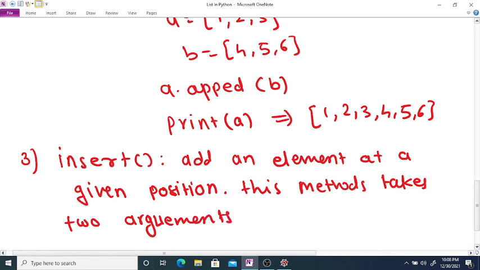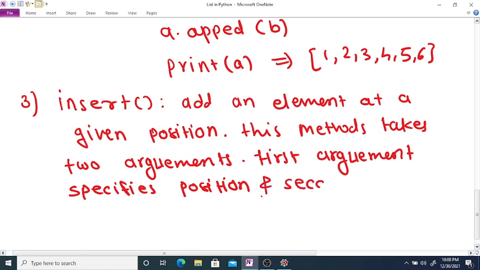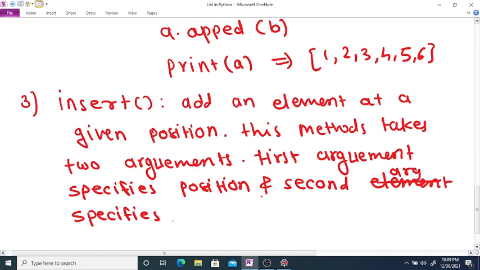The first argument specifies the position, and the second argument specifies the element to be inserted in a list.